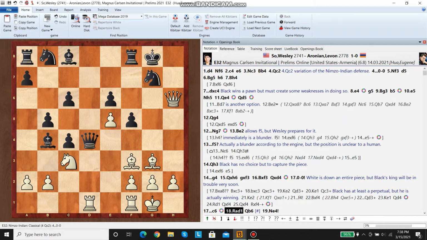So white plays rook d1 because he's starting to develop his rooks, getting ready to attack the black king. Queen b6, and here is a crucial moment for white because it's not obvious where he can actually attack the black king, because if he tries to go this way,